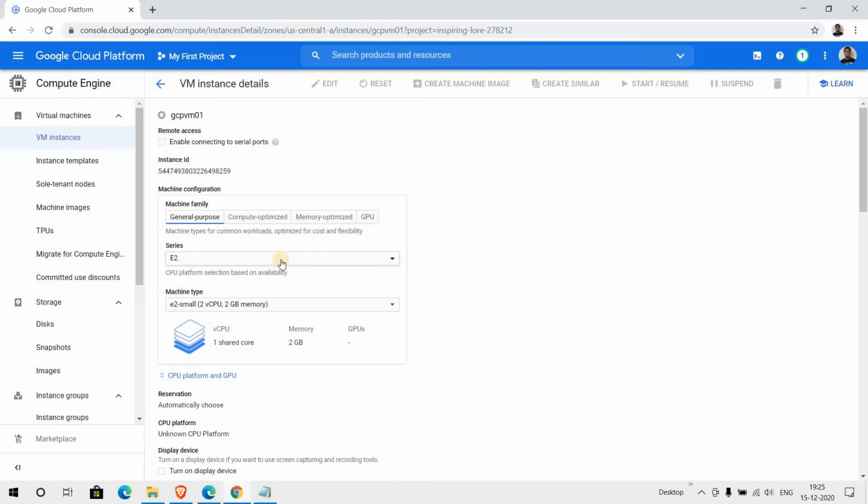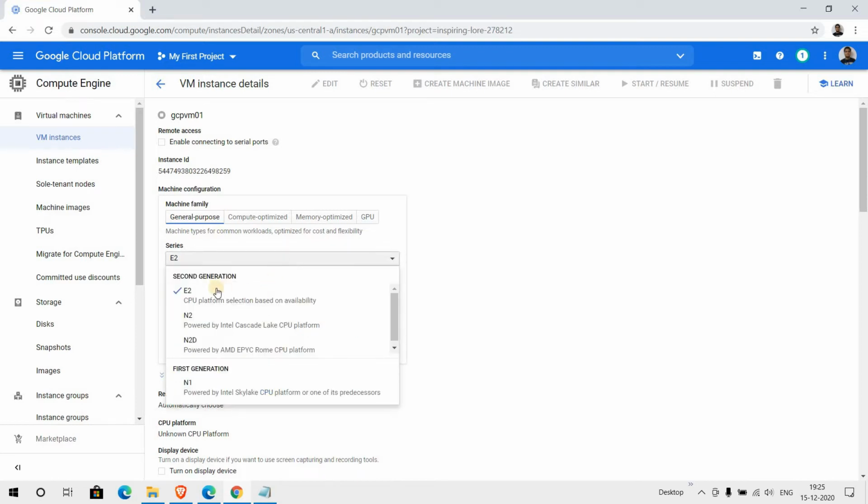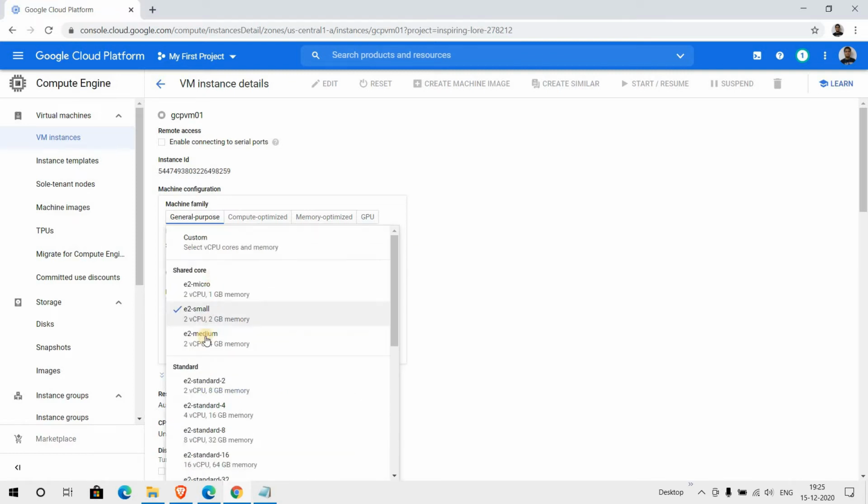Suppose in general purpose you have the generation as E2, but your type could be E2 medium. In E2 small we get by default 2 CPU and 2 GB of memory, but in E2 medium we get 2 CPU with 4 GB of memory.